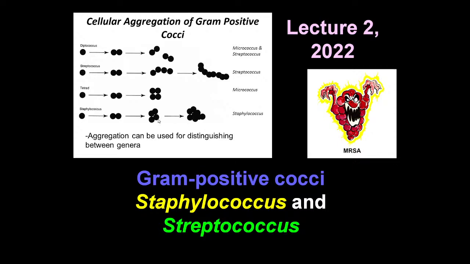And you might remember already that this depends very much on the way bacteria divide. If they divide in one plane, like diplococci or streptococci, or in two planes like tetrads, micrococcus, to differentiate from the others, or in three planes like staphylococcus, and the aggregation is very typical